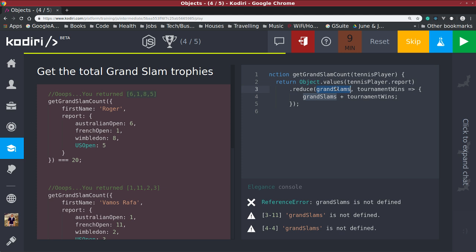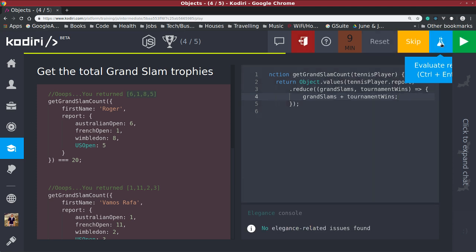Yeah, you need to put those in parentheses. Yep, that's one thing. We need to put those in parentheses because we've got more than one argument. That should be okay for that error now. I'll run it again. So no elegance related issues found, but